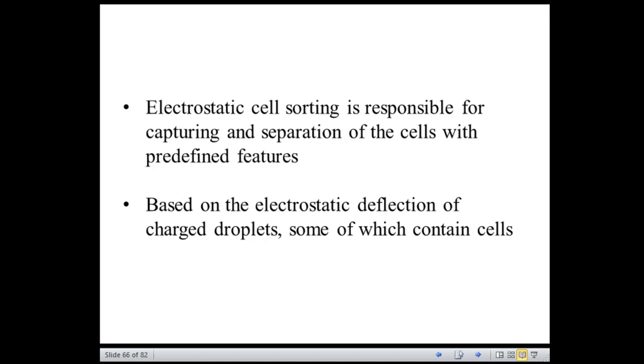Say for example, it can be used for microscopic studies, biochemical studies, and even functional studies. It could be a single parameter or a combination of several parameters that can be used for cell sorting. So how do you achieve this cell sorting? To achieve the cell sorting, cell sorters are commonly used.